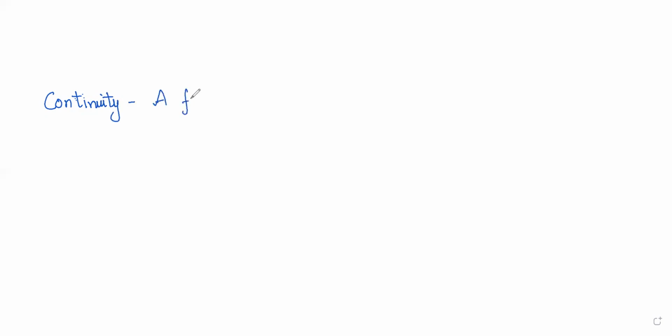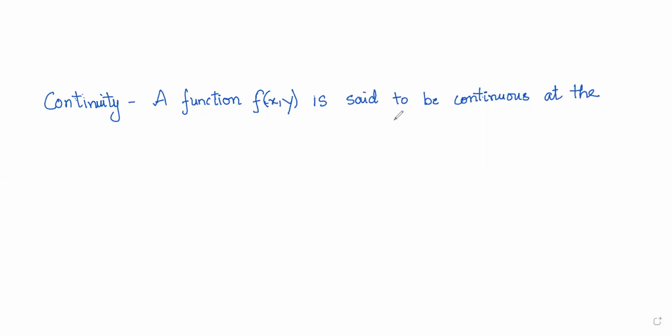A function f(x,y) is said to be continuous at the point (a, b)